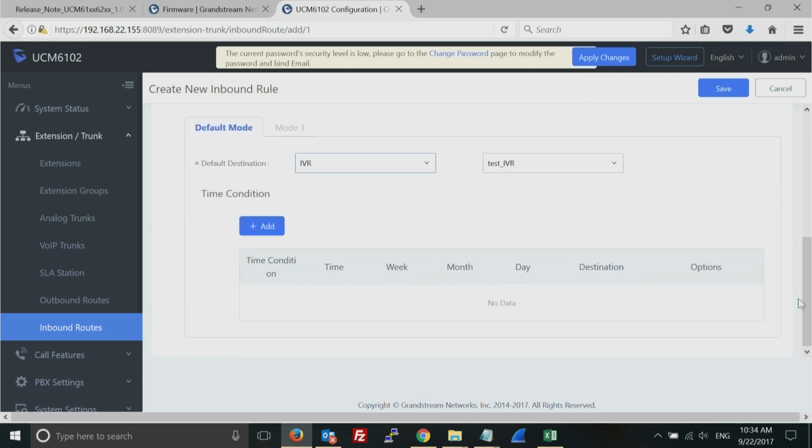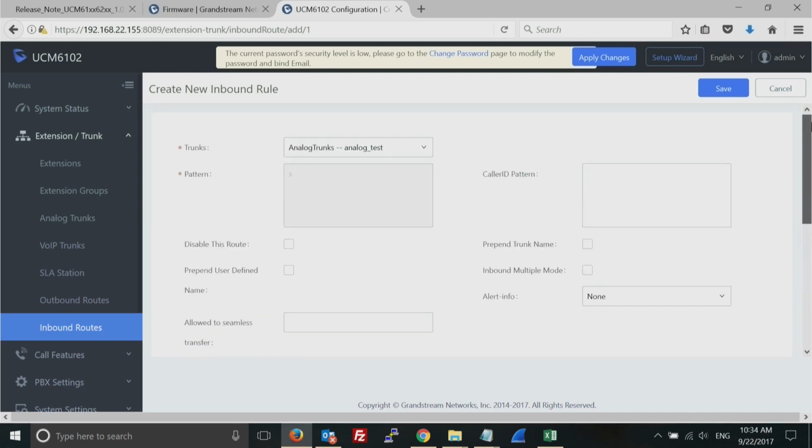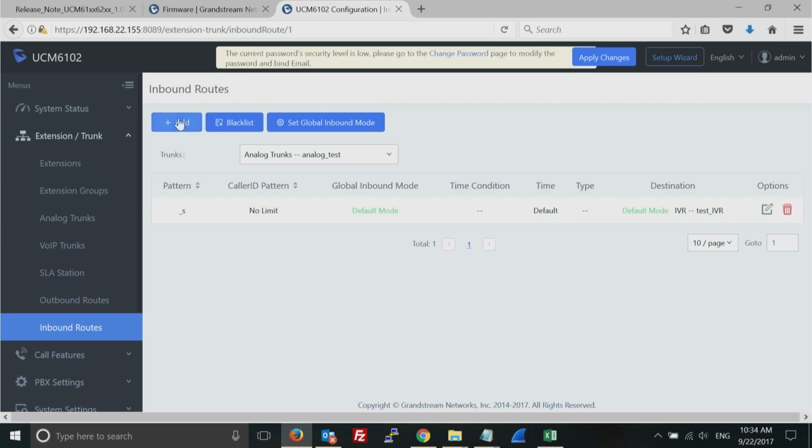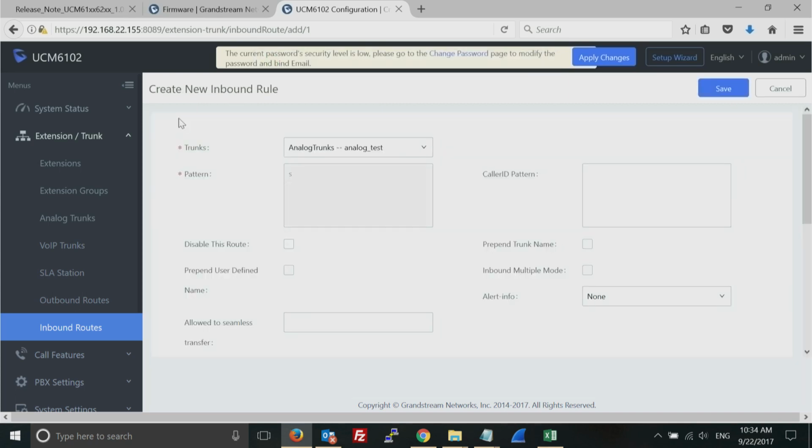You also have some time conditions. Only from Monday to Friday, 8 to 6 p.m., send it to the main IVR, for example. And then after hours, send it to my second IVR, that is my off hours IVR. Okay. Now let's do an inbound route coming from my